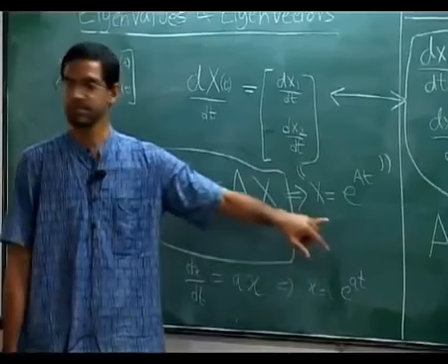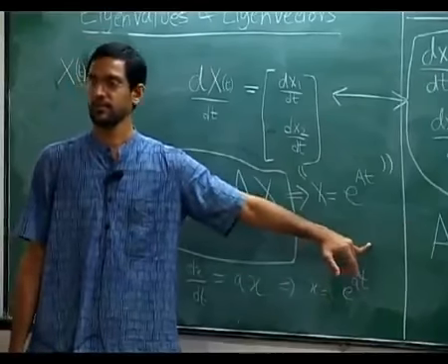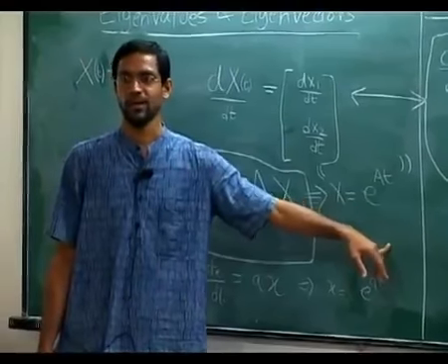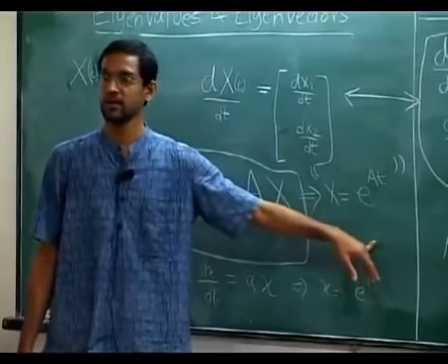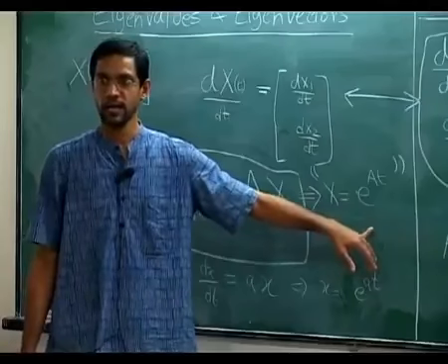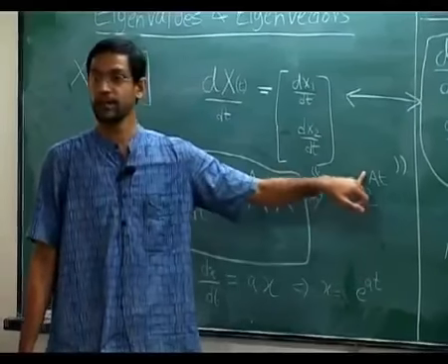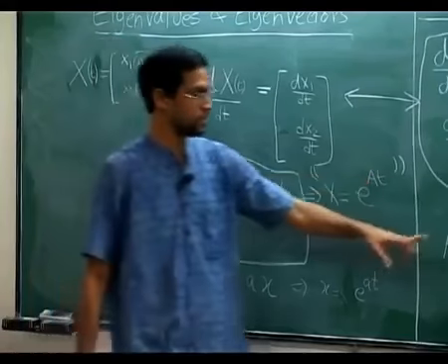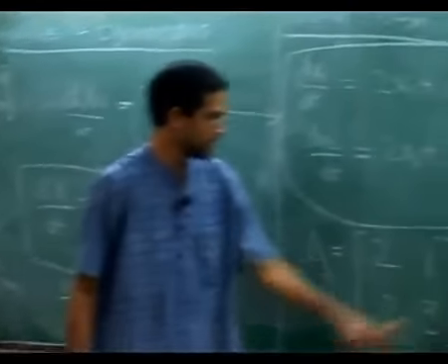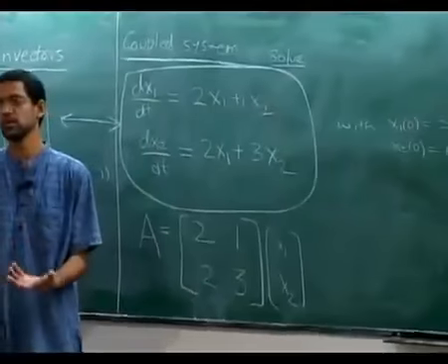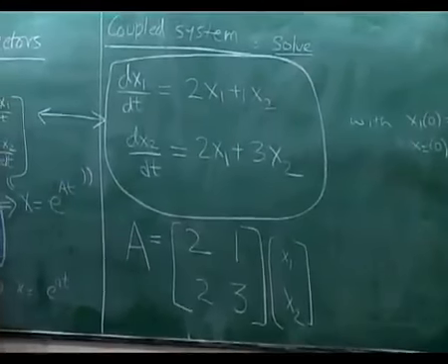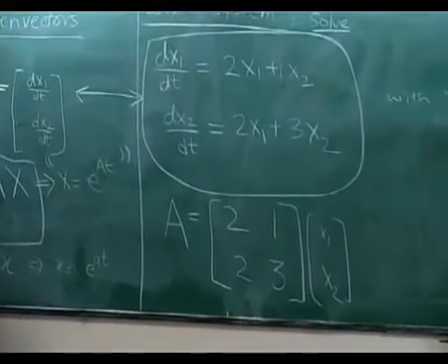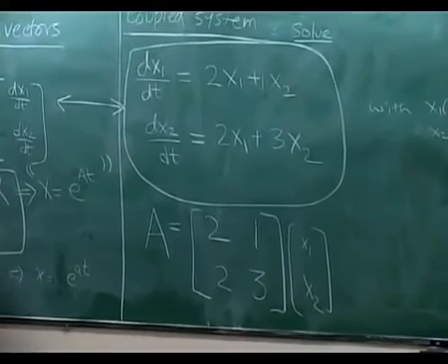Is this familiar at all? Has anybody seen such a quantity before? No. Okay. So observe, why is this an unfamiliar quantity? You are taking e and raising it to a power, and what is on top is a matrix. A is a 2 cross 2 matrix. At will just mean you put t everywhere: 2t, t, 2t, 3t. That's a 2 cross 2 matrix. And what you want to do is to exponentiate a matrix. You want to say e power some matrix.